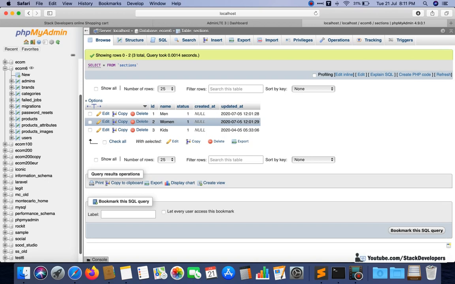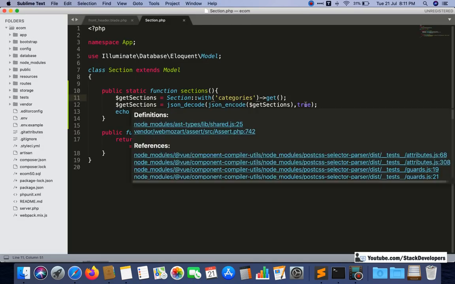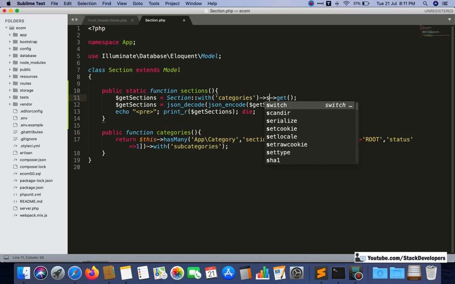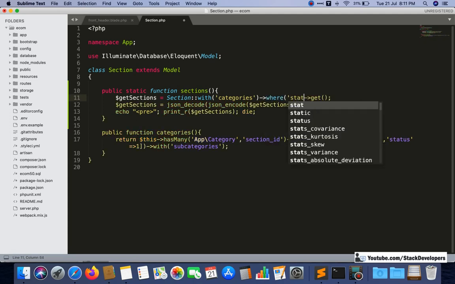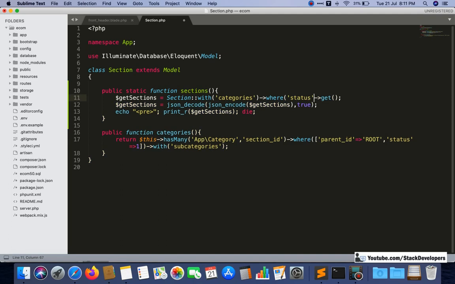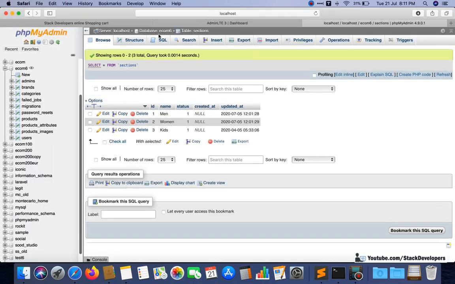So here the status must be 1, so that if a section gets disabled, we will not show it at the front end. So here I will add a condition where the status of this section must be 1. It is a simple condition we will add.